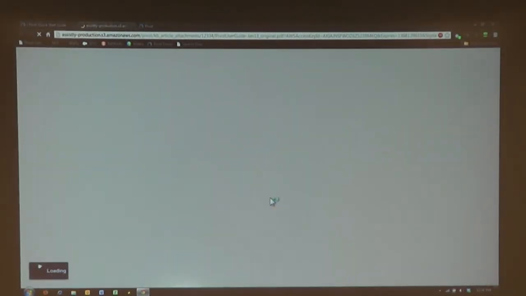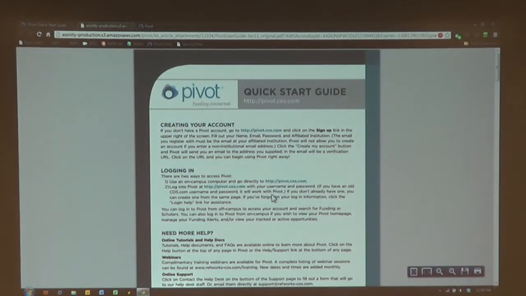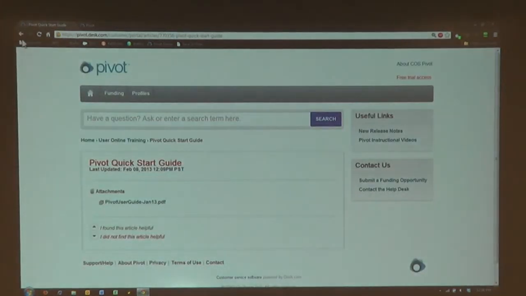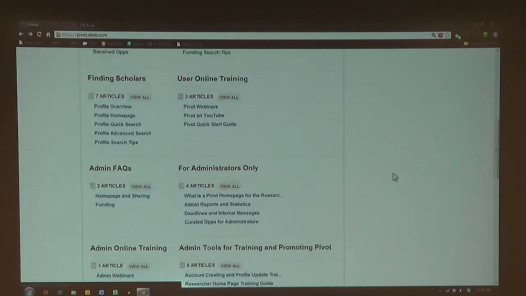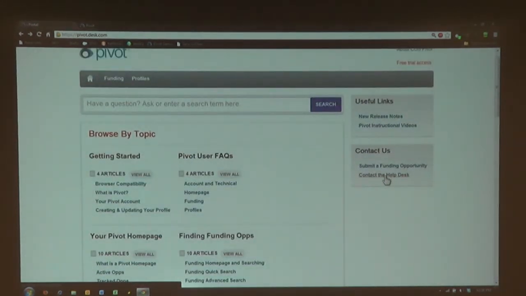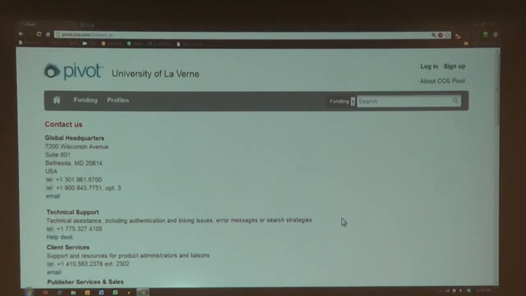In fact, if you have the opportunity today or at least in the next few days to get into Pivot and practice, please do, while it's fresh in your mind. This quick start guide can also point you in the right direction when you're getting back into it. So there's lots of stuff here. And of course, over here on the right, there's a link to contact the help desk. That's an email form. If you scroll down to the bottom, there's a contact link and there's a phone number too. So if you need to talk to somebody to get help,